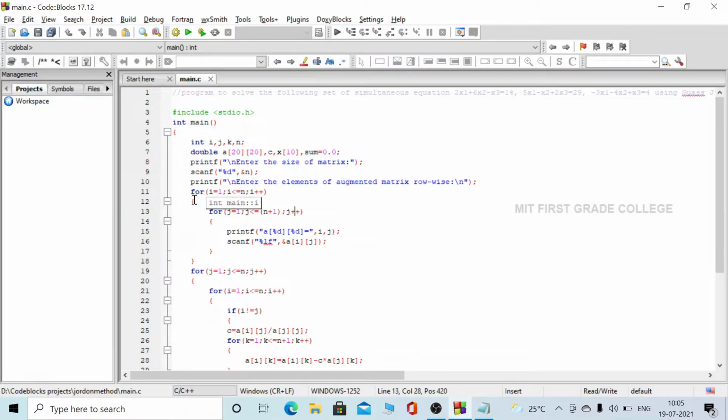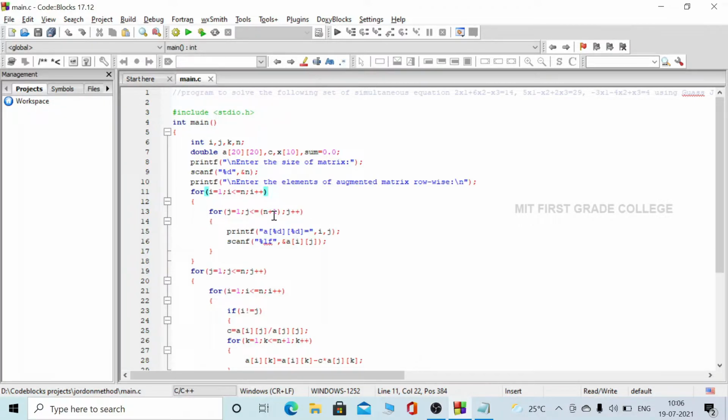We'll be using two for loops, that is for i is equal to 0, i less than or equal to n, then it gets inside the loop. It will initialize j is equal to 0, it will check the condition j less than or equal to n plus 1 and get inside the loop, and these two statements will be executed, and j is incremented, and this process will run until j is less than or equal to n plus 1.